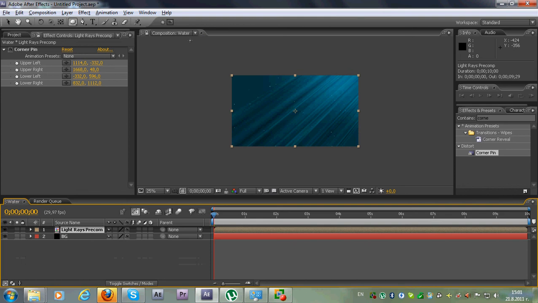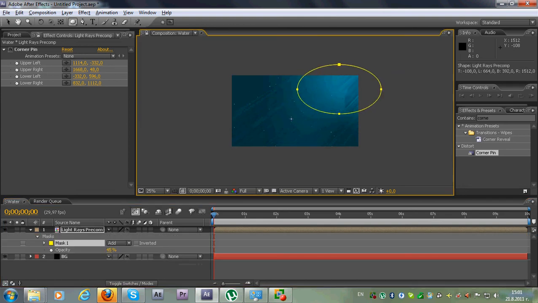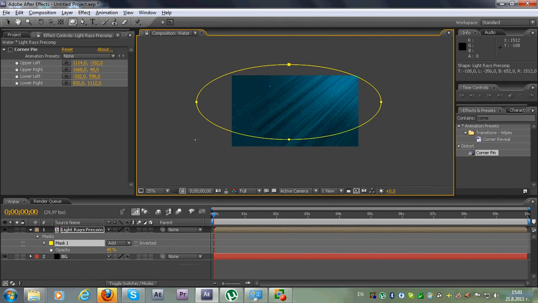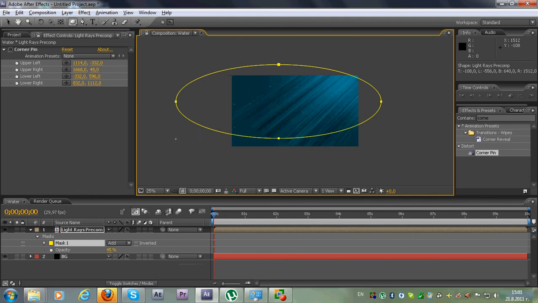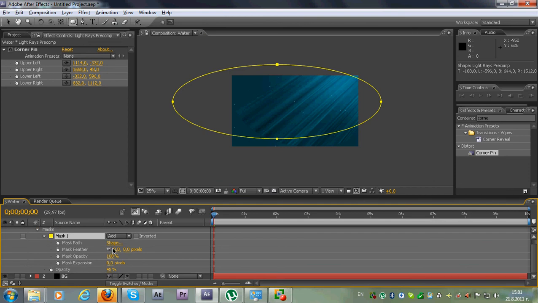Select your light rays pre-comp and then make the mask, and you see what happens. We want this, but something like this. Yeah, make it for example like this, and you say that this doesn't look good, but hit the arrow and the mask filter,